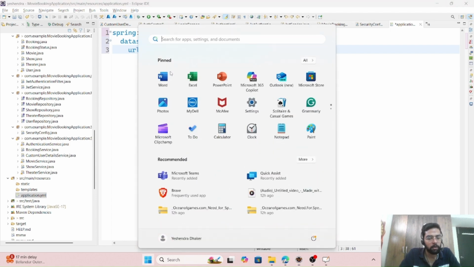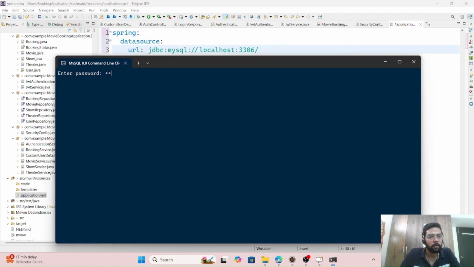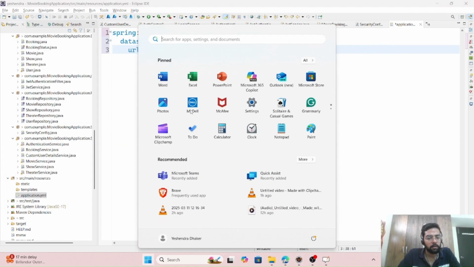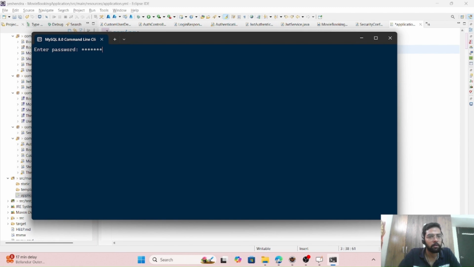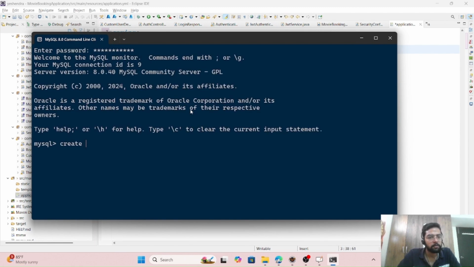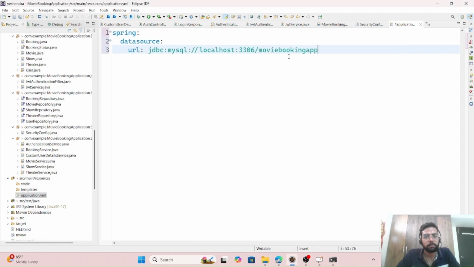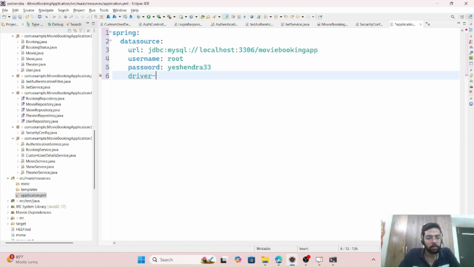Let me create it right now in the MySQL command line. Create database movie booking app. Okay, fine. Let me copy this and paste it. Now username root, password, and driver class name, which is